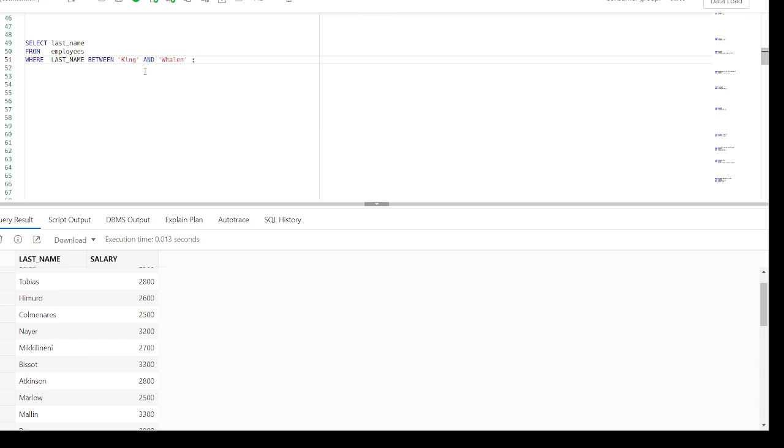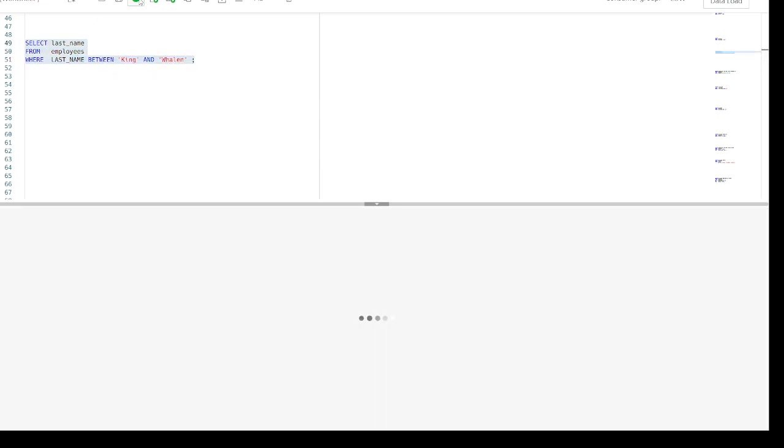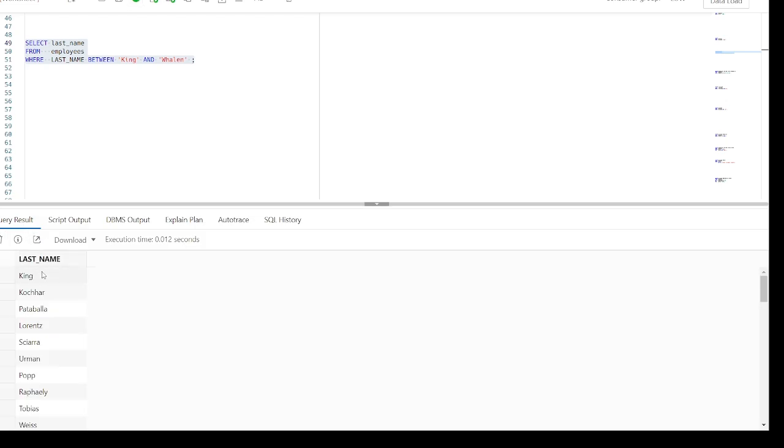Since we have used character values, they will be within single quotes. When we execute this, we see all the last names between King and Wallen. So all the last names between the letter K and the letter W will be displayed here. This is how we use the between operator along with character values.